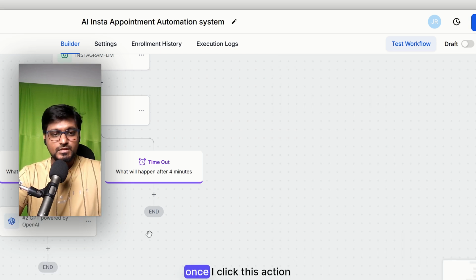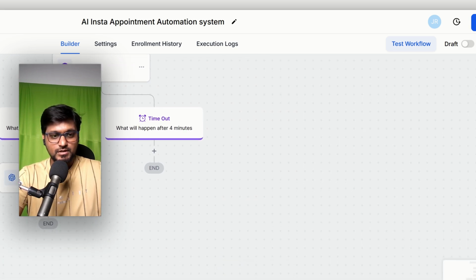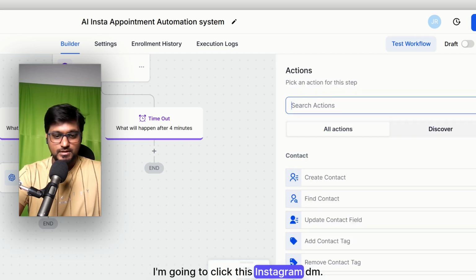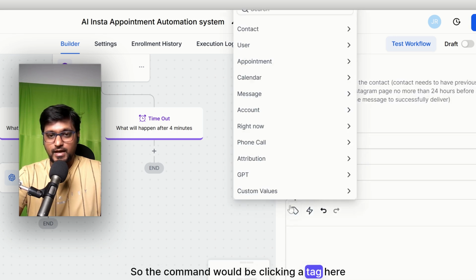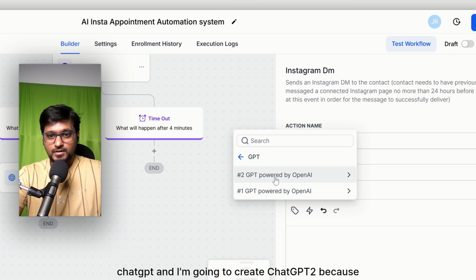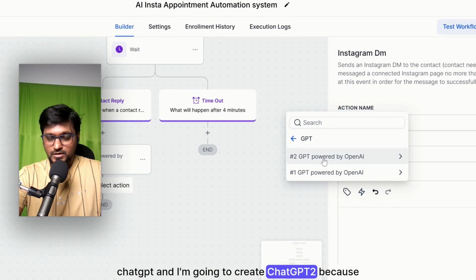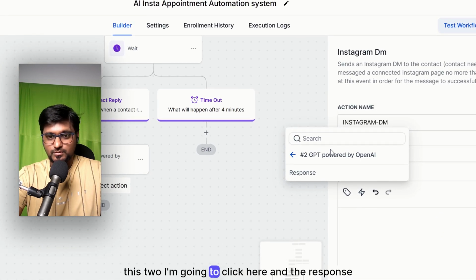So once I click this action, the next command would be, I'm going to click this Instagram DM. So the command would be clicking a tag here, ChatGPT, and I'm going to create ChatGPT 2, because this is 2. I'm going to click here.